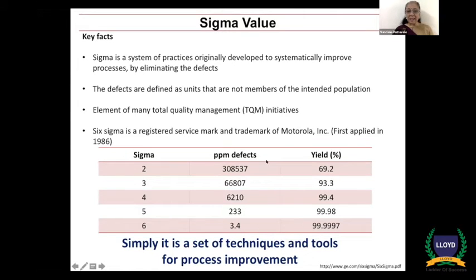And Six Sigma says that there will be only 3.4 ppm defects. This is also not 100%. You can see that it is 99.9997% yield. So there is still scope for improvement. Nevertheless, 3.4 seems definitely better in front of this figure, which is 66,807. So simply we can say that Six Sigma is nothing but a set of techniques and tools for process